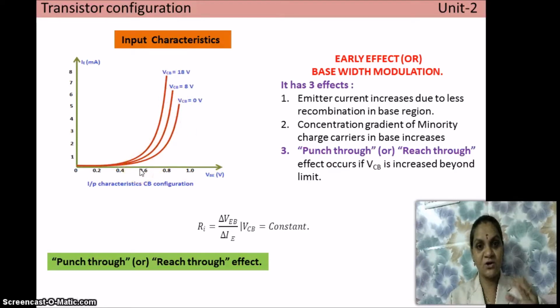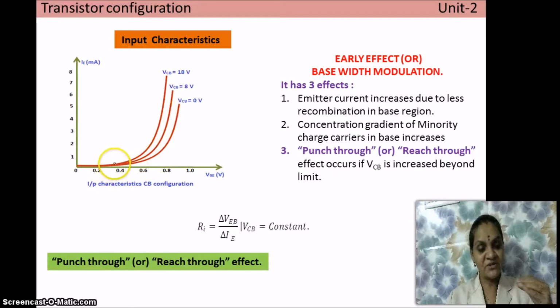That means the diode on the emitter junction starts to conduct after its cut-in voltage. See here. Initially when we increase the voltage, the diode will not conduct until it reaches 0.3 volt, because the diode I have considered here is a germanium diode. So cut-in voltage is 0.3 volt. After it reaches the cut-in voltage of 0.3 volt, the current flowing through the diode starts to increase exponentially. This is because of the exponential nature of the diode current. We have already discussed in the diode topic.